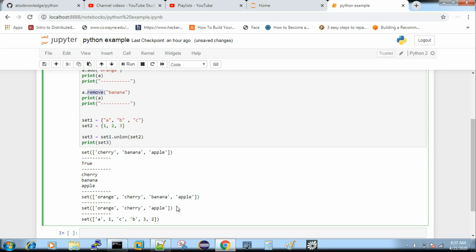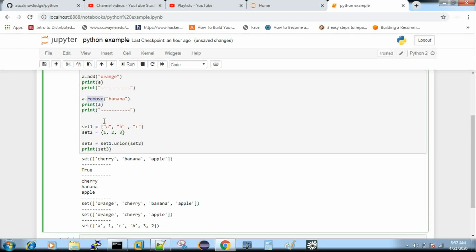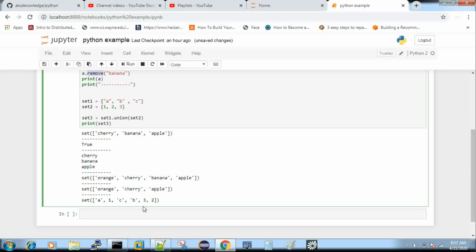And you have the option of merging two sets, which means you can do a union, you can join two sets. You can see here, a b c and 1 2 3, I'm doing a union of set 1 dot union of set 2. Yes, it's there. You can even use the function called update to do the union. You can use either union or update. In both cases, if there is any duplicate, it will get removed.